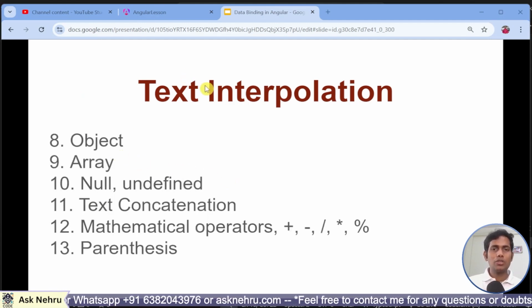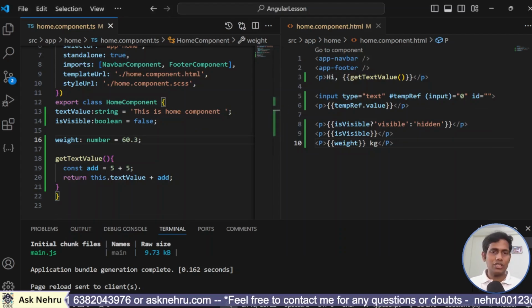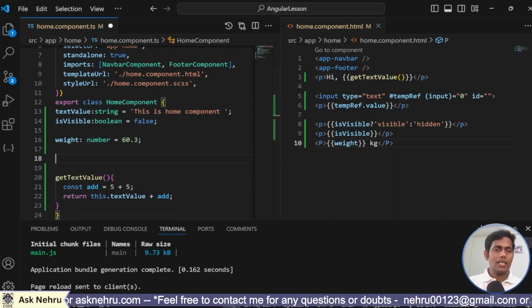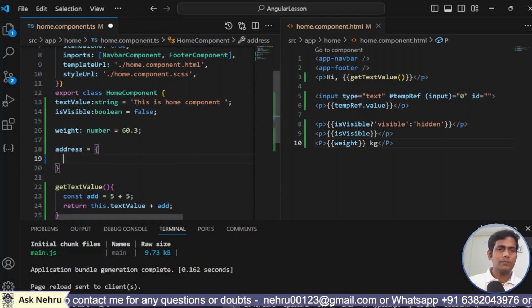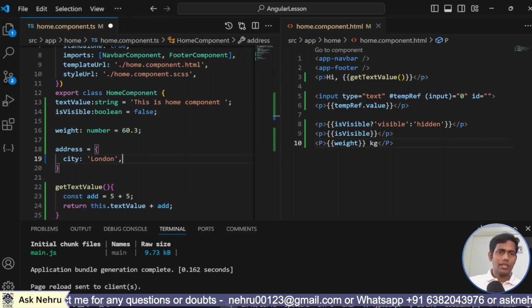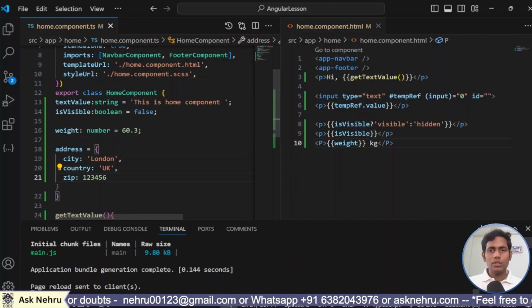Next, we'll go for object. Yes guys, we can use object also, but with simple small modifications. I'll show you how to do that. For that, I take one address object. So what we can give? We can give city, London, country, UK, zip code, this one. Now I want to use this,